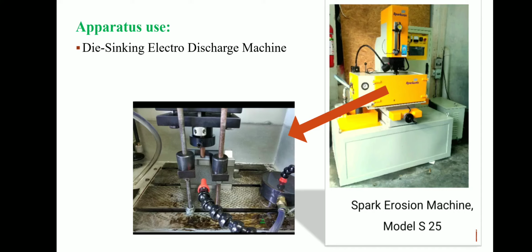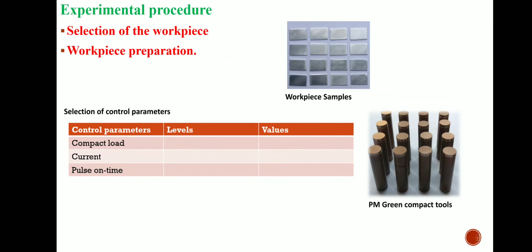Coming to the experimental procedure, take the sample on which you want to modify the surface. Firstly, take the workpiece and cut into a suitable size like 30 into 20 into 2 mm. After that, a suitable surface will be prepared by polishing with high grade sandpaper. The PM tool can be made by the powder materials selected owing to the adequate quantity of material deposition. Here in EDM, there are some important control parameters like discharge current, pulse on time, pulse off time, voltage,